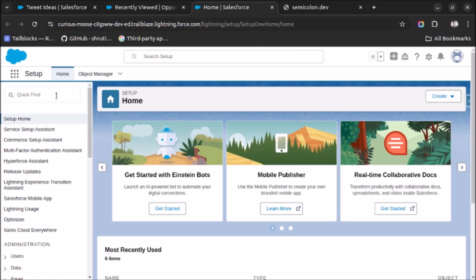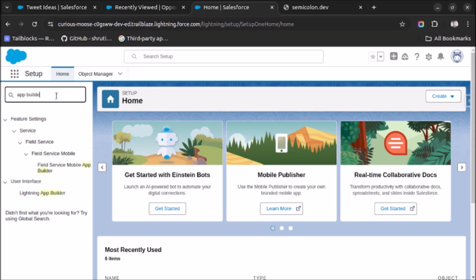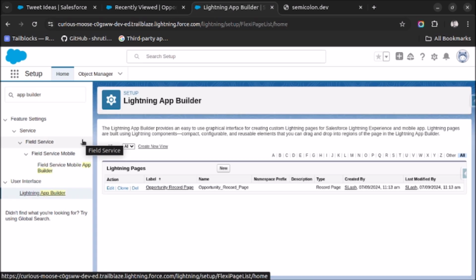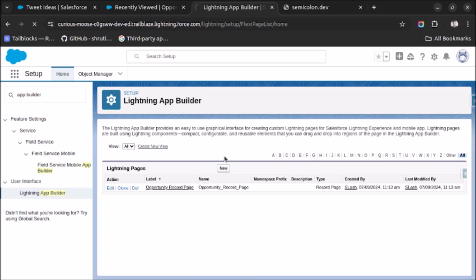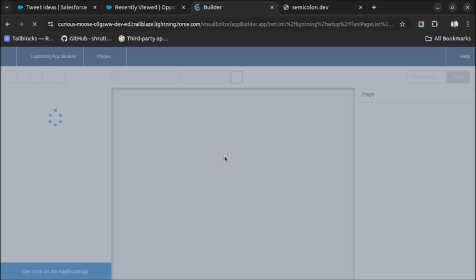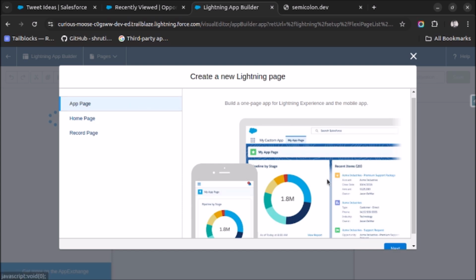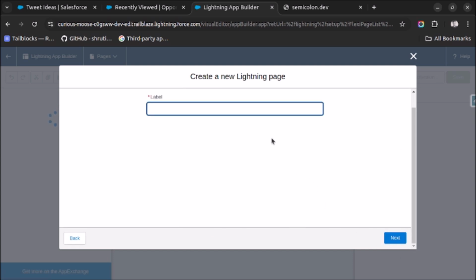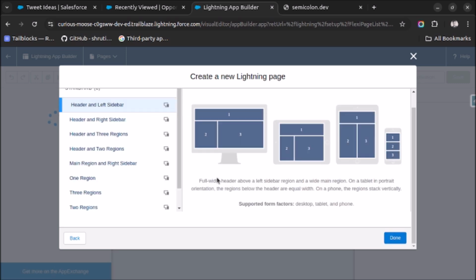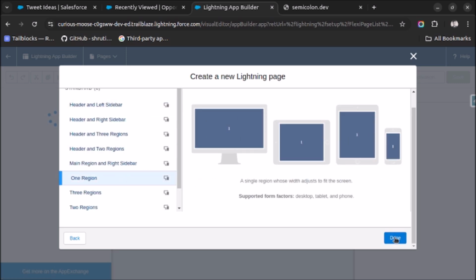So let's go here and search for app builder and click on new. Here we have to select the app page because we have given the target as app page, and I will give the label as Tweet Ideas. Click on next. After that, we need to select this one region. Click on done,